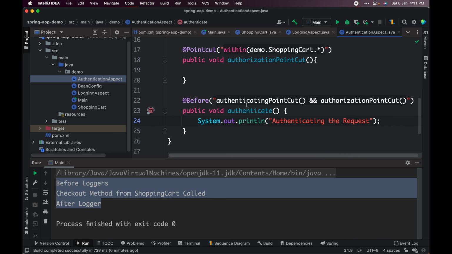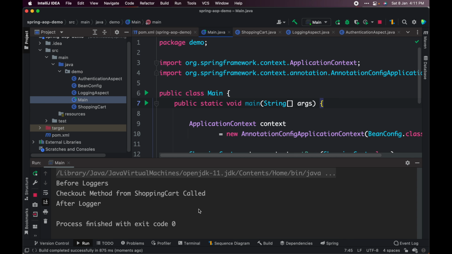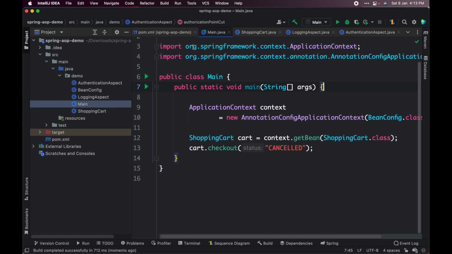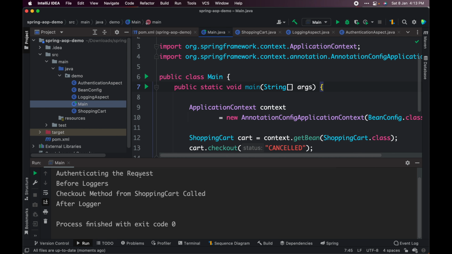If you want, you can also go ahead with or as well, and you can go with and as well. So whatever the requirements, we can call these particular point cuts this way. Let's go ahead and run this. If you go to the main, if you run the method again, it didn't work. So let me just change to all the type over here and let's run this again. It should work now. And here you can see that it is working, authenticating the request. So this way we can define for the type as well.